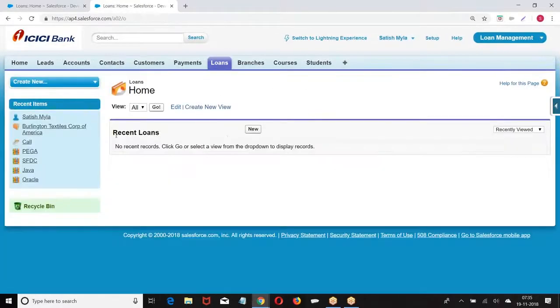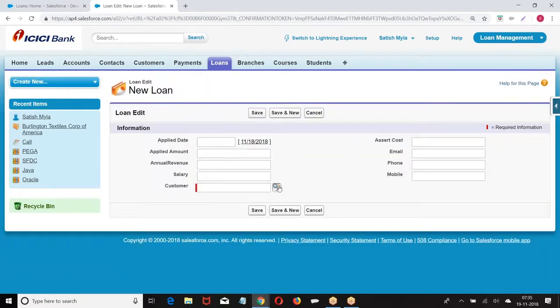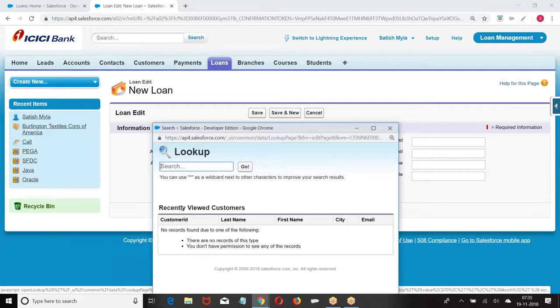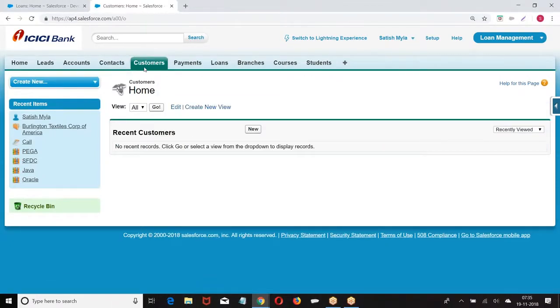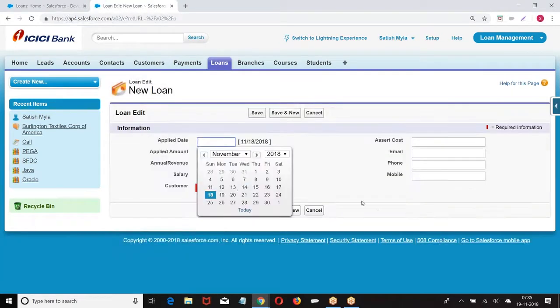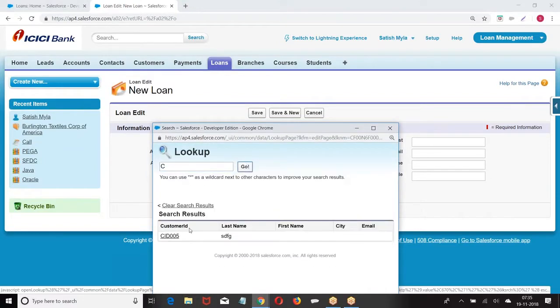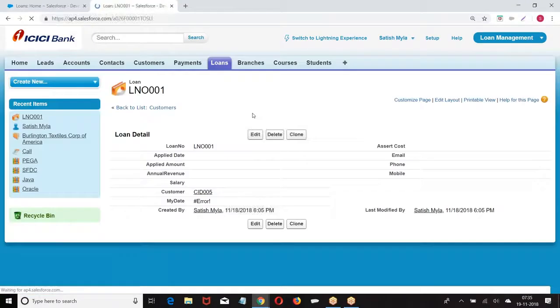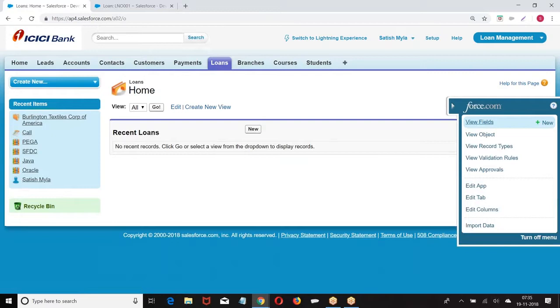Go to the loan. There are no customer records. So what is the formula we received here? Now it is expecting the value.